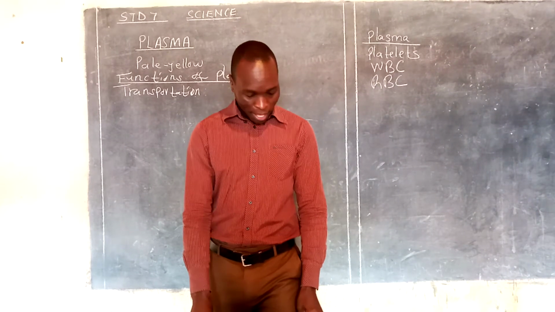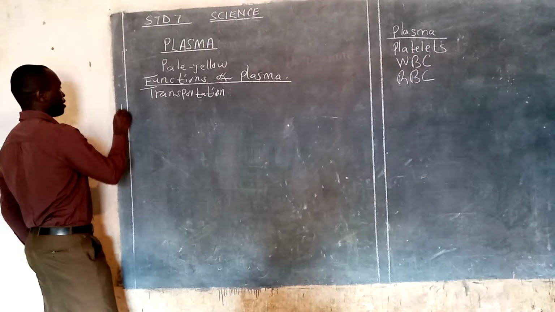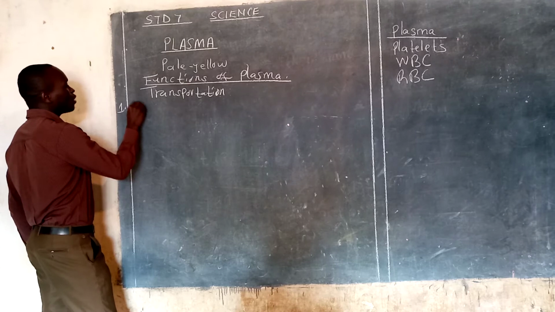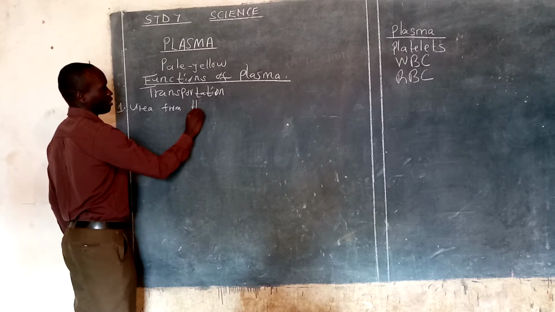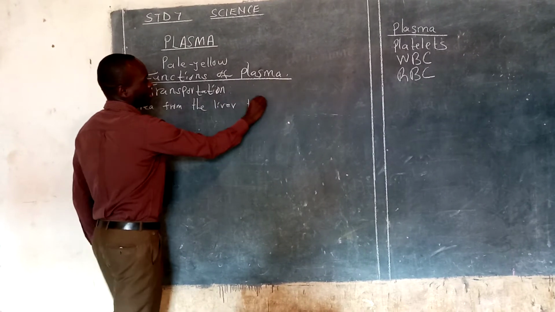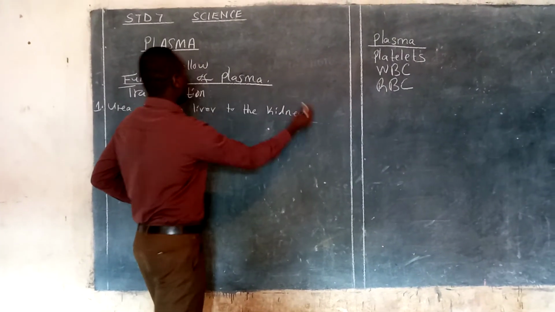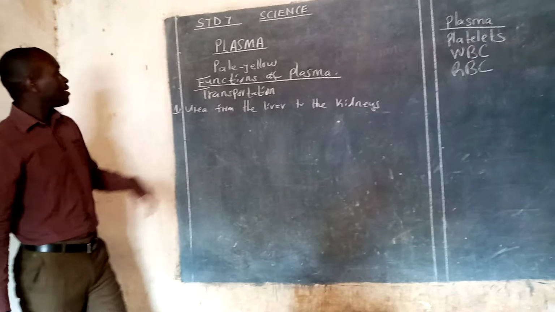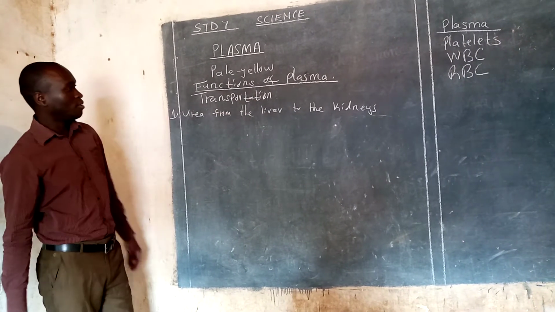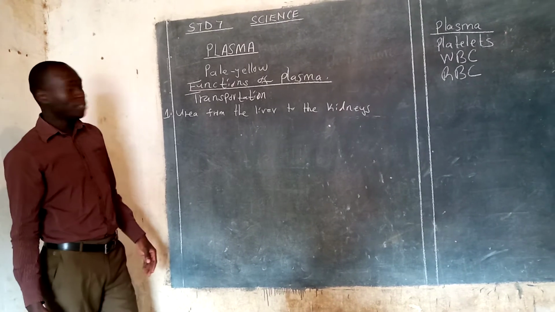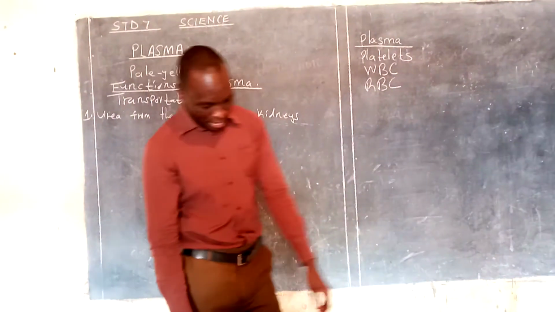point to another. Number one, plasma transports urea from the liver to the kidneys for excretion. When you come to our next class, that is Standard 8, we shall be looking at how the urea is excreted from the kidneys. Then number 2,